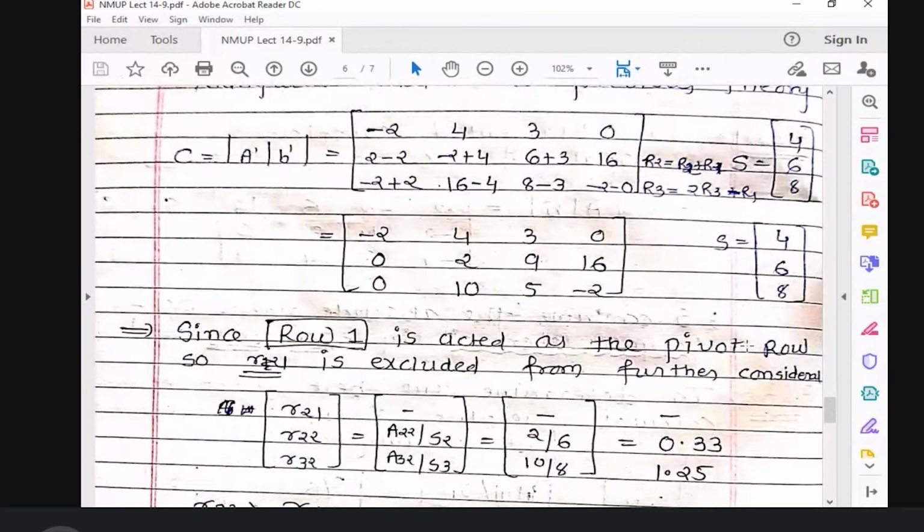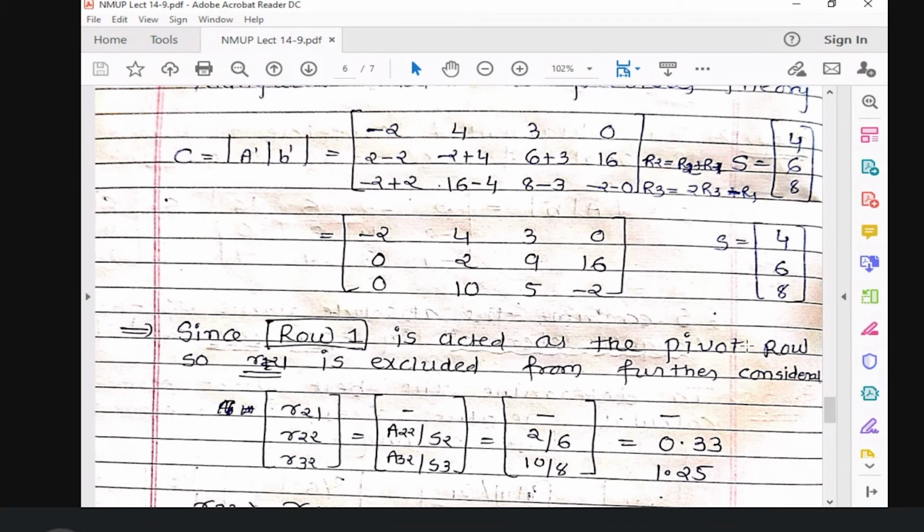We don't have to consider it now. See, in my first row, two elements became 0, right? Now in the second row, second column, I have to make it 0 to make this matrix an upper triangular matrix, right? And for that I have to take the help of these relative calculations, right? So over here I'm taking this second column, the R21, R22, and R32.